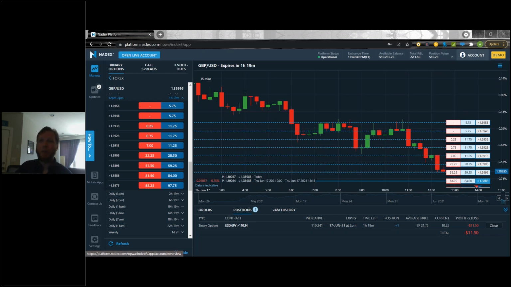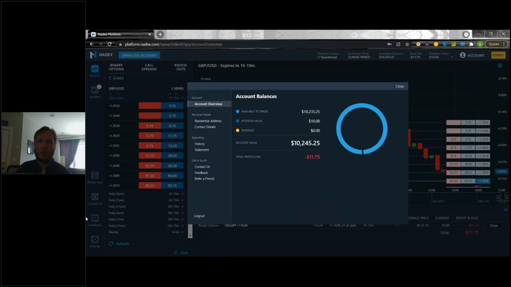So if you hit this account button, you're going to bring up your account section. This is going to give you an account overview right in the middle of the screen. Now, if I were on a $500 account rather than a 10,000 demo account, this little blue thing right here may be a little bit bigger, but basically this little circle here will give you kind of a pie chart